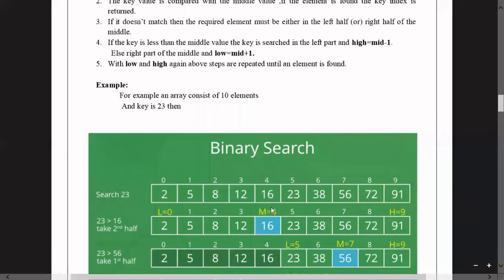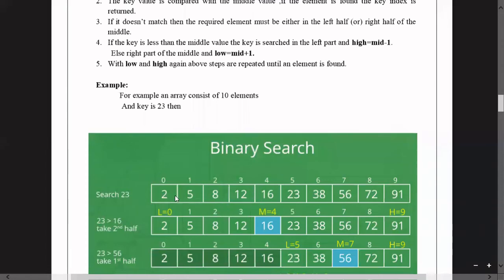When you know the mid value, the key element is 23. Here, what is the key element? 23. This element we have to search, whether this key value is present in these particular 10 elements or not. If it is present in the set of 10 elements, in which position it is there, like that also we have to print on the monitor.